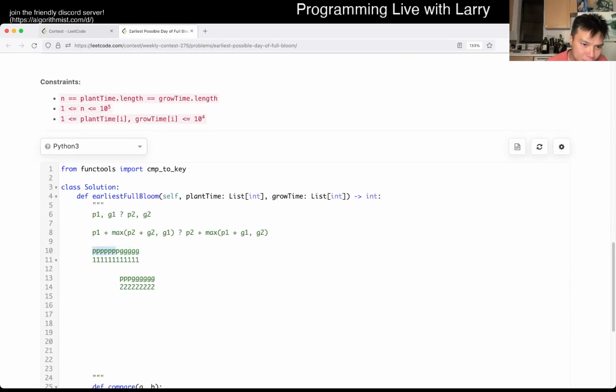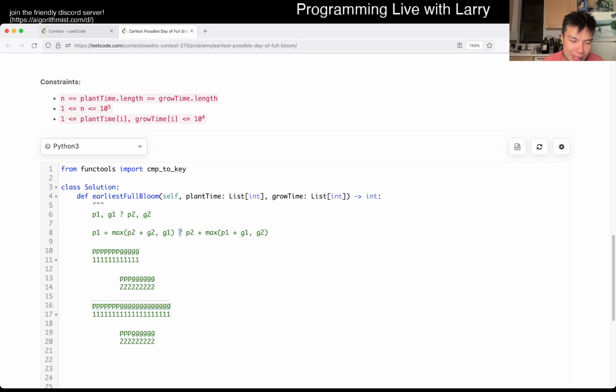So P1, like I said, you plant as soon as possible in a greedy way, and then the total time of planting P1 first is going to be this. There are only two cases, right? One is that the plant 2 time will dominate, so you have this entire length. The other case is if you have a long growing period, so then it looks like this. That's what this formula represents. It's either this case or this case. Either way, we get the length of the entire process if you grow P1 first.